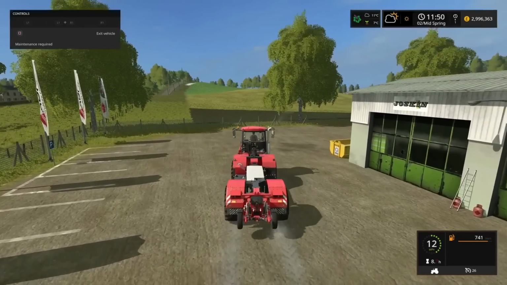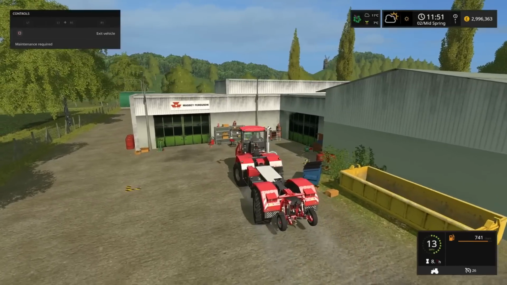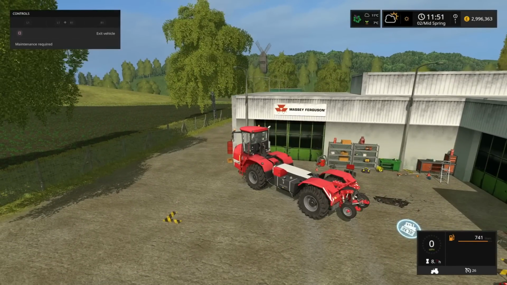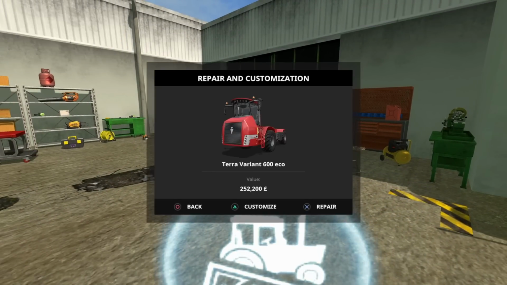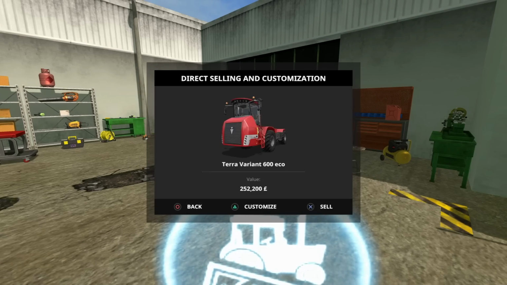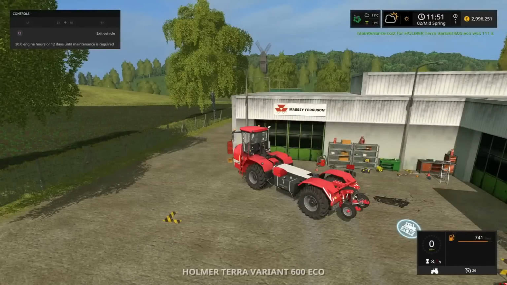One, top left hand corner, this says maintenance required. I have been a bit remiss. We are mid-spring and in the start of the new year, after 12 months, you're supposed to do maintenance on your vehicles. I didn't. So, I need to repair. It's only 111. So, that's that done. That's repaired. That should now say 30 engine hours or 12 days until maintenance is required. So that's an entire year, because I've got this particular...